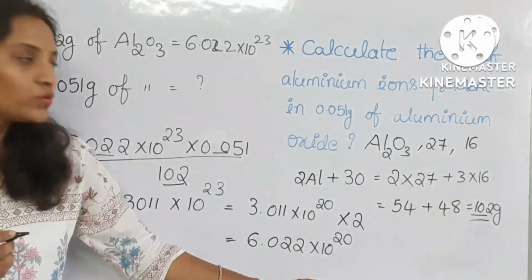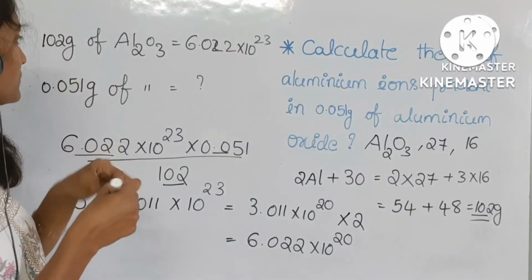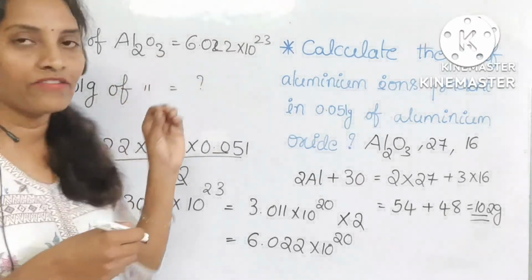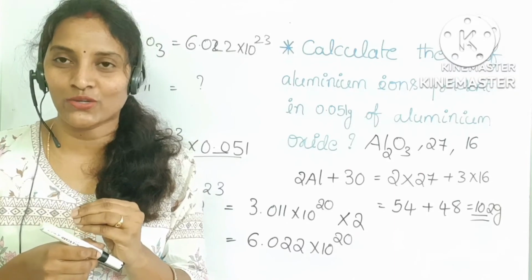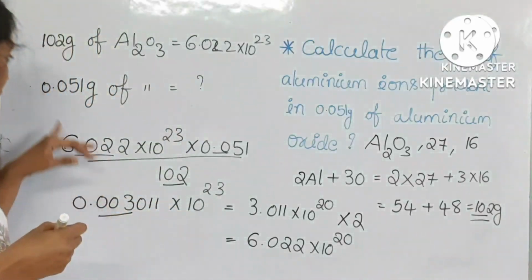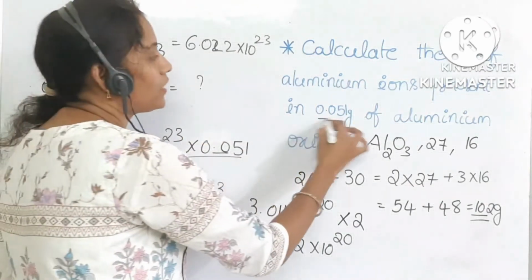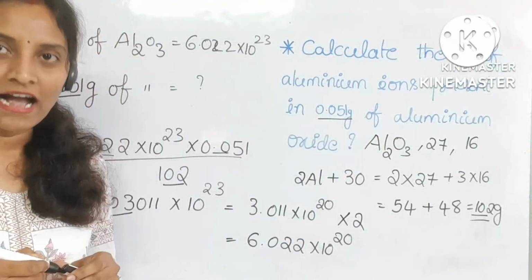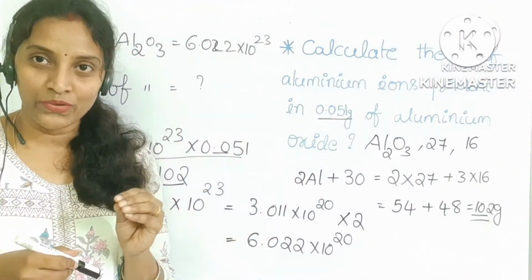This is your answer. Nothing but 102 grams of aluminum oxide has 6.022 into 10 power 23 molecules. So 0.051 grams of aluminum oxide has 6.022 into 10 power 20